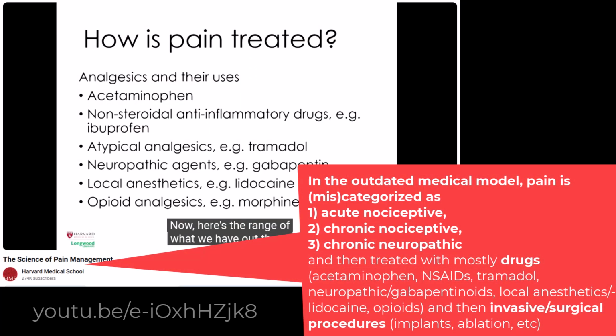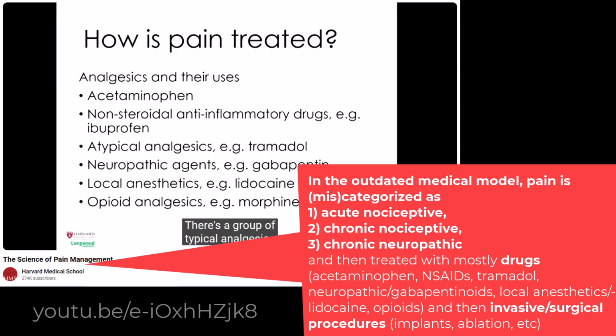Now, here's the range of what we have out there, and it begins with acetaminophen. It's a very good analgesic. We don't know exact mechanisms. We have some ideas of where it works in the central nervous system. It's different than the other drugs like ibuprofen, which we lump into a class called non-steroidal anti-inflammatory drugs. It turns out they're very effective pain relievers for mild to moderate pain, and they really form the cornerstone of management of pain after sports-related injuries, strains and sprains and the like.